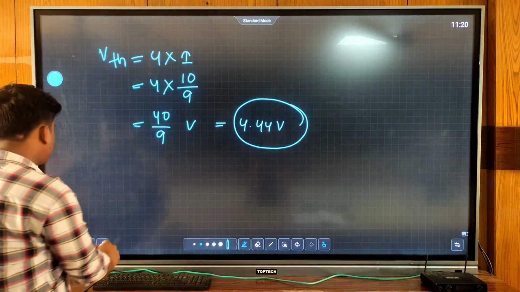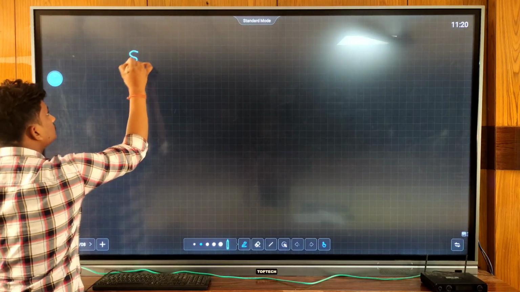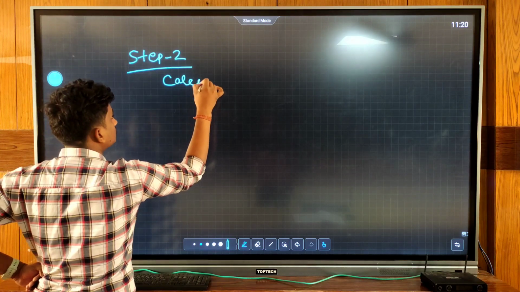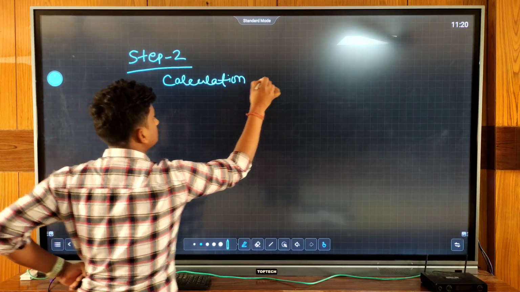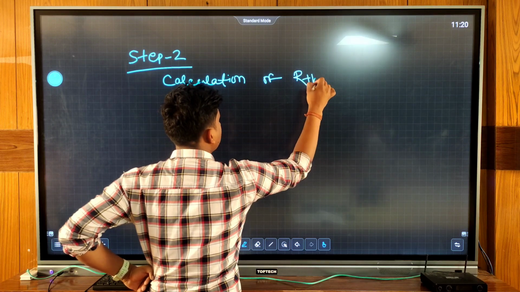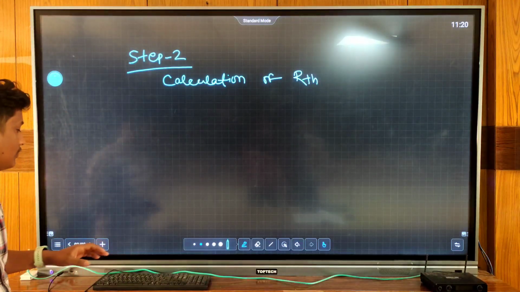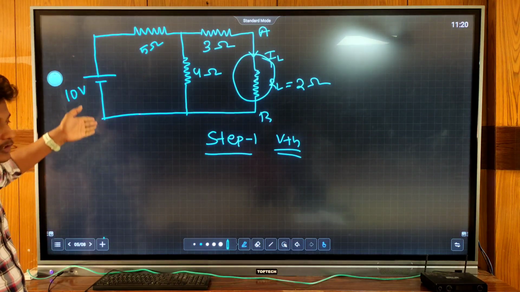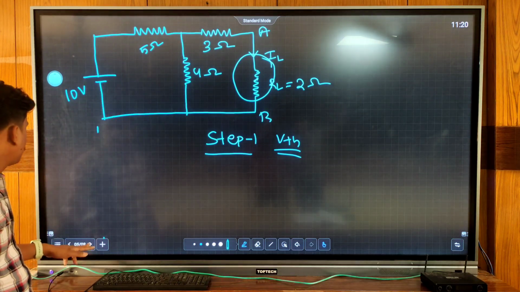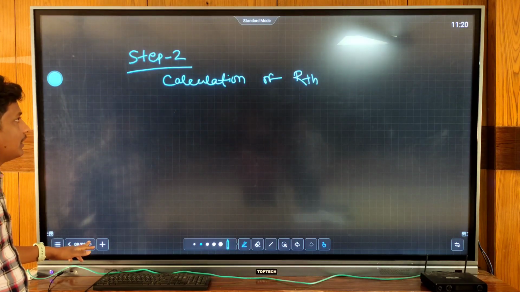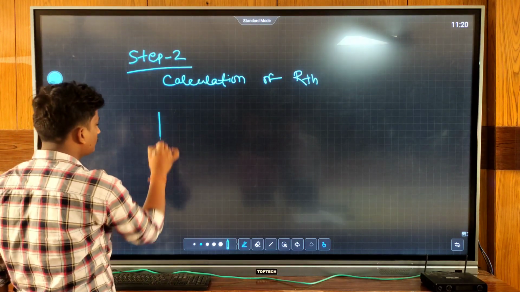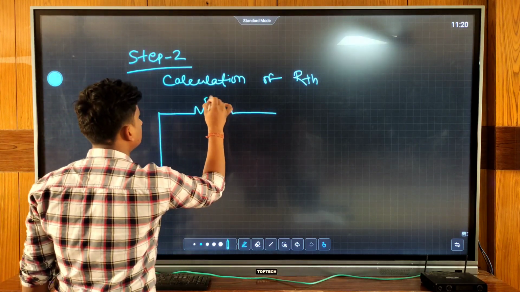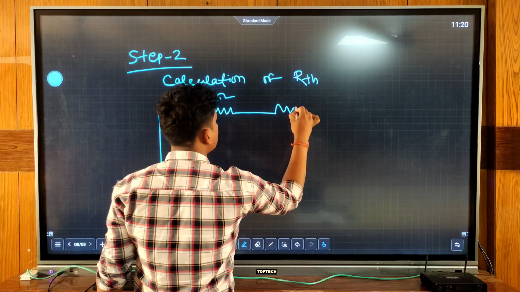Second, in step number 2, we have to calculate RTH. For calculation of RTH, first thing we have to remove the sources. As I told before, this voltage source will be short circuited and the load terminal will be open. So I am short circuiting the voltage source. Then this resistor will be my 5 ohm resistor, this is my 3 ohm resistor,